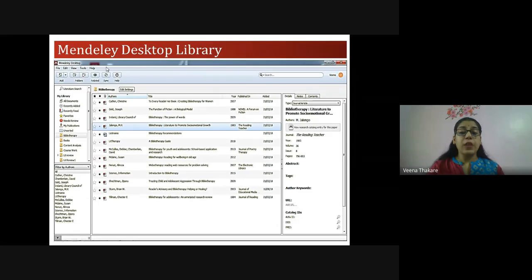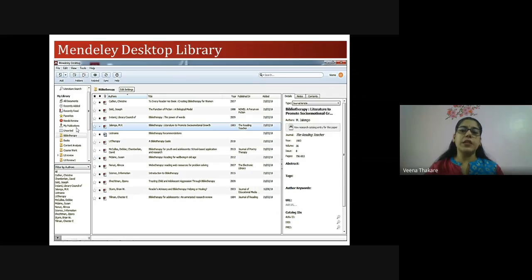Okay, just like we save changes in Google Docs or an Excel file, we periodically have to save whatever changes we have made. Exactly like that, you have to sync here, whatever changes you've made, so that they are visible in all three interfaces. Okay, so on the left hand side, we can see the various folders are created. Now these folders are as per your research requirement.